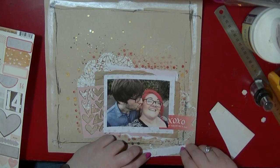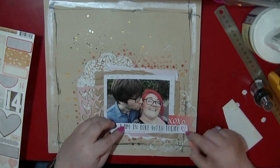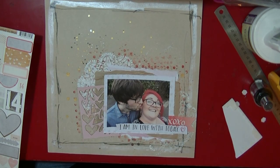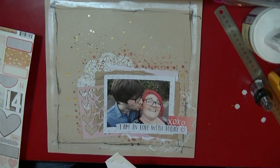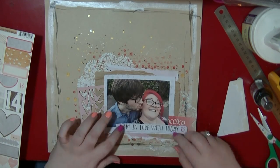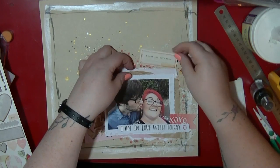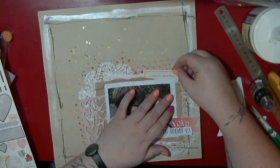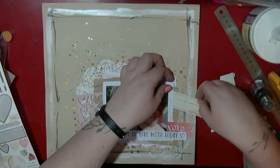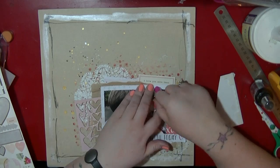And they are from a Valentine themed collection. And as this is kind of like a lovey-dovey layout, I can use some of those up as well. Some of the bits on there are really very generic, like you can see that little wood grain tag with hearts on, that's easy to use. So I've got a few different bits and pieces here that I'm just going to be tucking behind